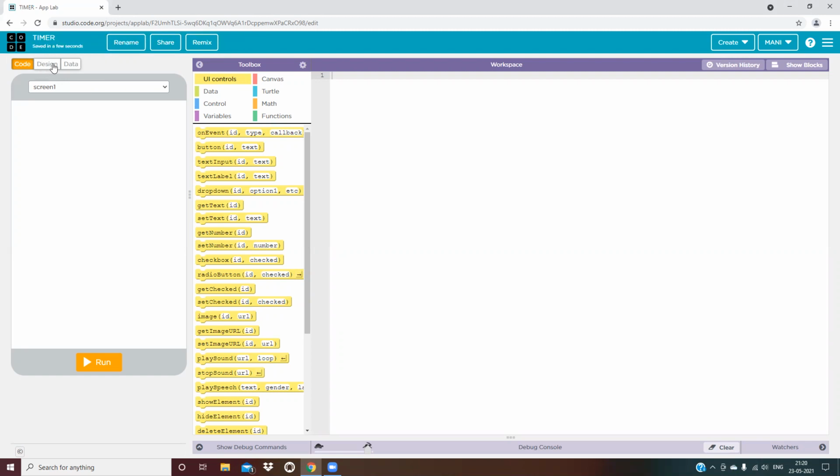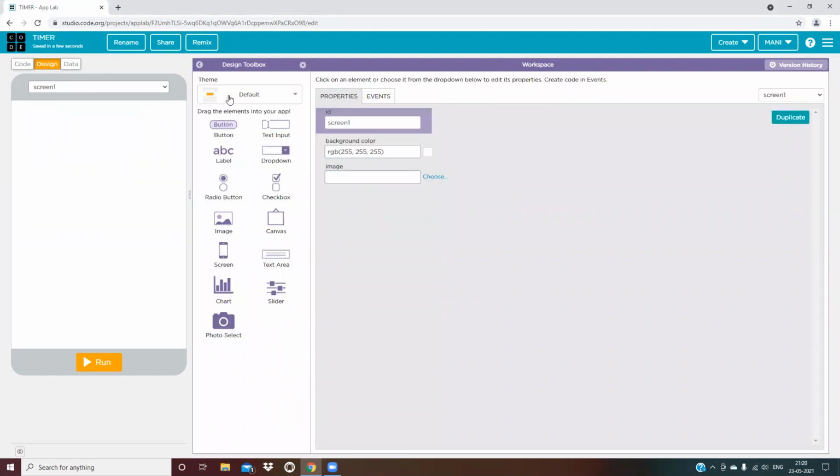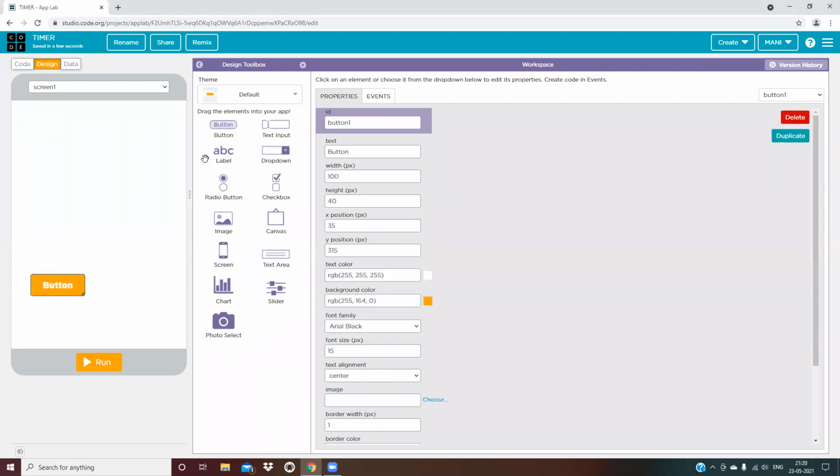For making the project, we need to design it. I will first design my app. I will take the buttons. I need 2 buttons. And the text written on it is stop.